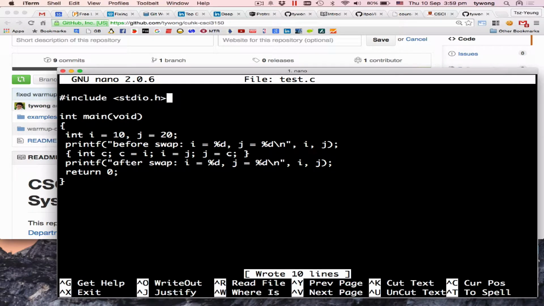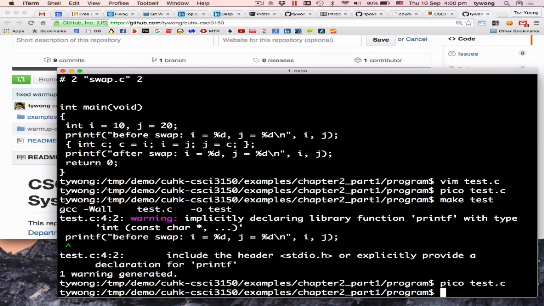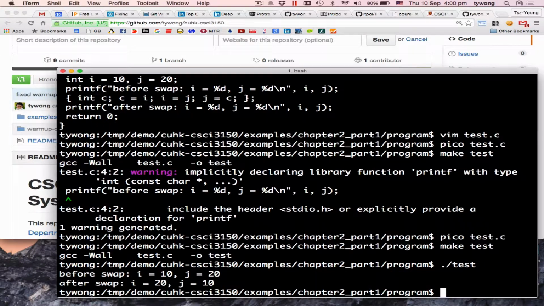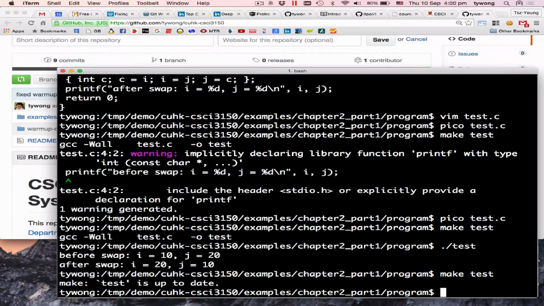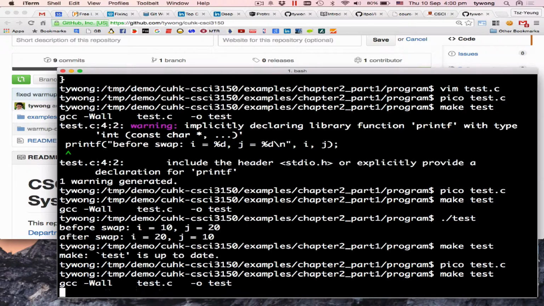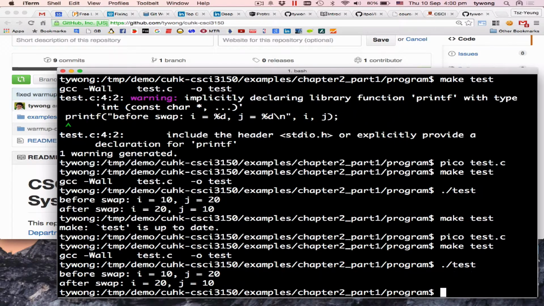Okay. So remember, version 1 has a semicolon, version 2 doesn't have a semicolon. Now this is version 2. It can compile and can run successfully. Okay? So what is the meaning? The meaning is that this semicolon can be there or not, it is just up to the programmer.